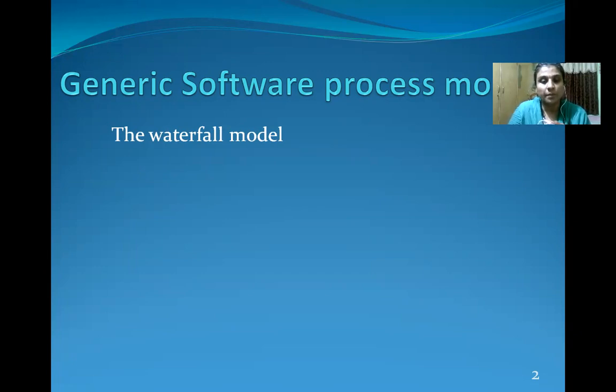The main drawback with the waterfall model is, once I'm in a current stage, suppose I'm in the second phase, I cannot go back to the previous phase to make changes. Or if a customer comes with a new set of requirements, I cannot incorporate them, because I cannot go back to the specification phase and make the changes. So that is a major drawback of the waterfall model. The main advantage of the waterfall model is that it is best suited for projects of larger size. Or if it is a complex project, I can go for the waterfall model.